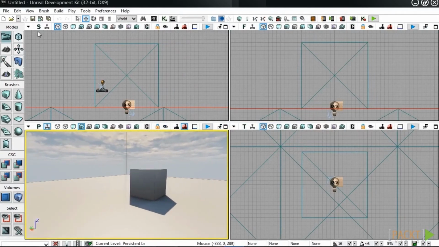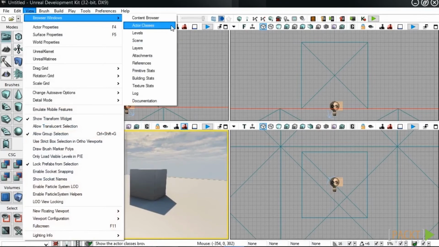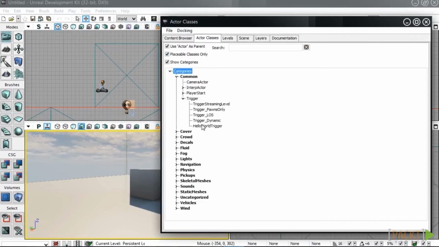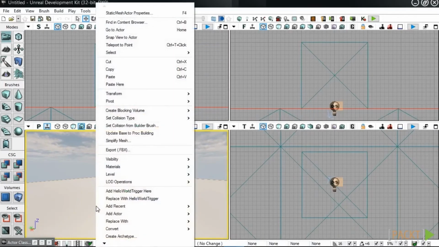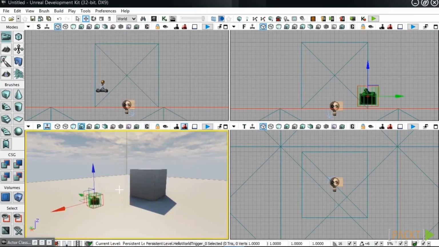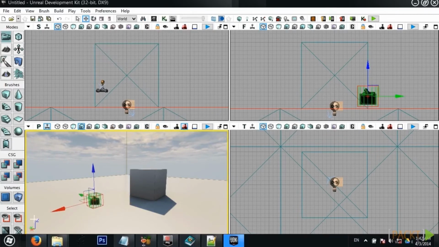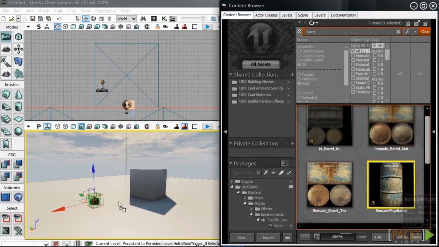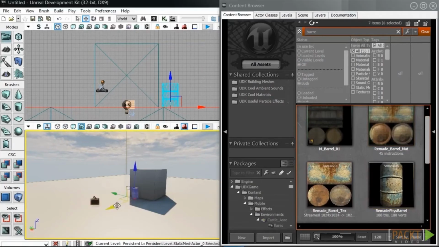Now we're just in this normal default level. Let's add our new trigger to the level. I'm going to go to View, Browser Windows, then Actor Classes. If I extend Trigger, you'll see that Hello World trigger is now there because we've compiled that new code. With it selected, I can right-click in this world and add a Hello World trigger there. Just to make sure that this isn't the default level, I'm also going to add a barrel or some object to my world,